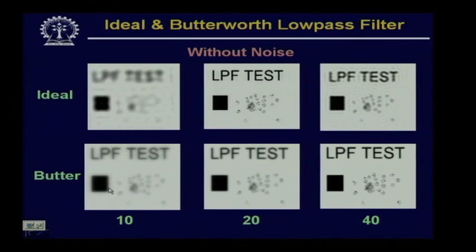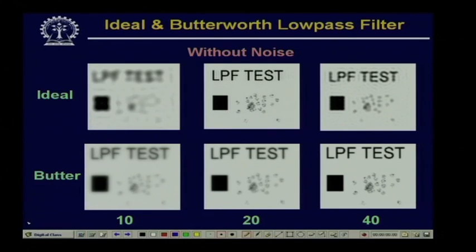If I increase the cutoff frequency to 20, then in the ideal low pass filtered image, the image is very sharp, but the disadvantage is that if you simply look at these locations, say along these locations, you find